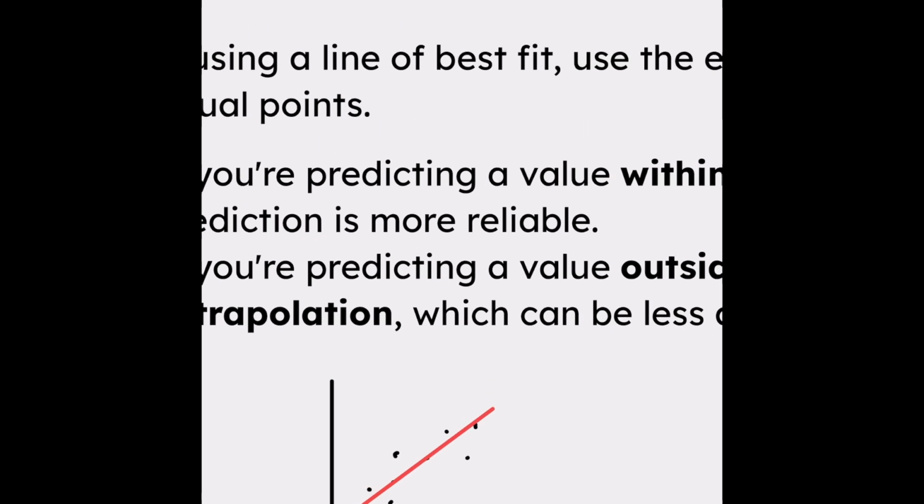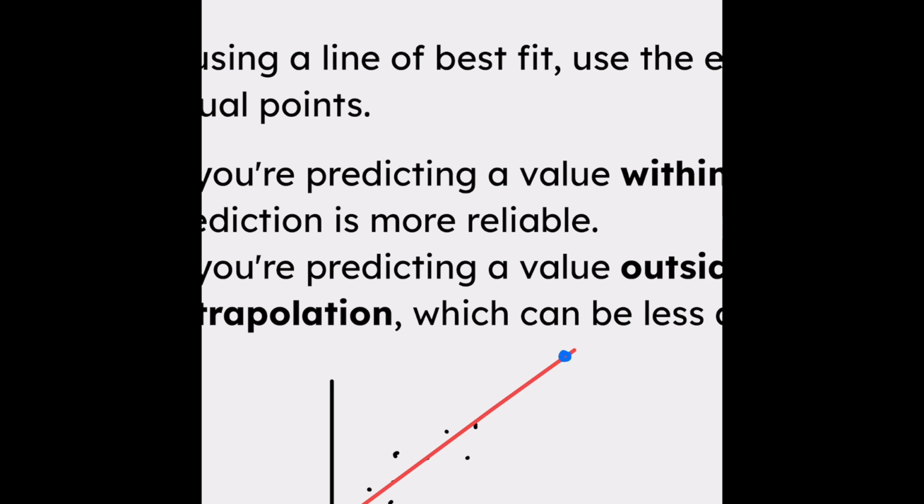If you're predicting values within this x range, then your prediction is going to be more accurate. But let me extend this axis a little more. If you're predicting an x value like here, somewhere like this,